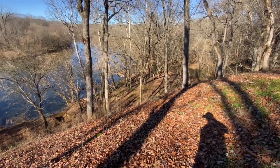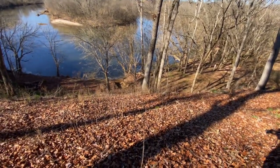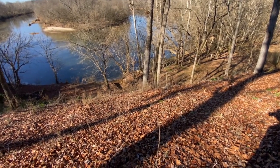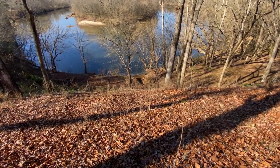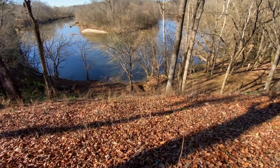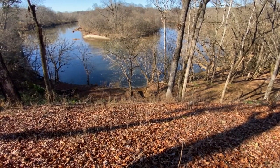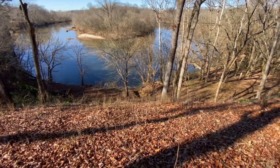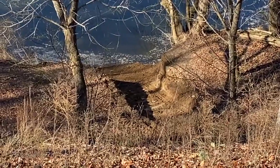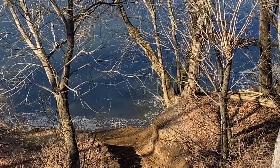We have 3.8 acres at the top, and then about another half an acre, 3/4 of an acre of flat on the bottom. So I just cut a channel down there to the water's edge to remove the 4-foot drop-off which is currently there. It won't last, but it'd be interesting to see a nice big storm raise the water level and modify my little new access point. Be easier to put the kayak and paddleboard in if that does survive a storm. I can't see how it will, but